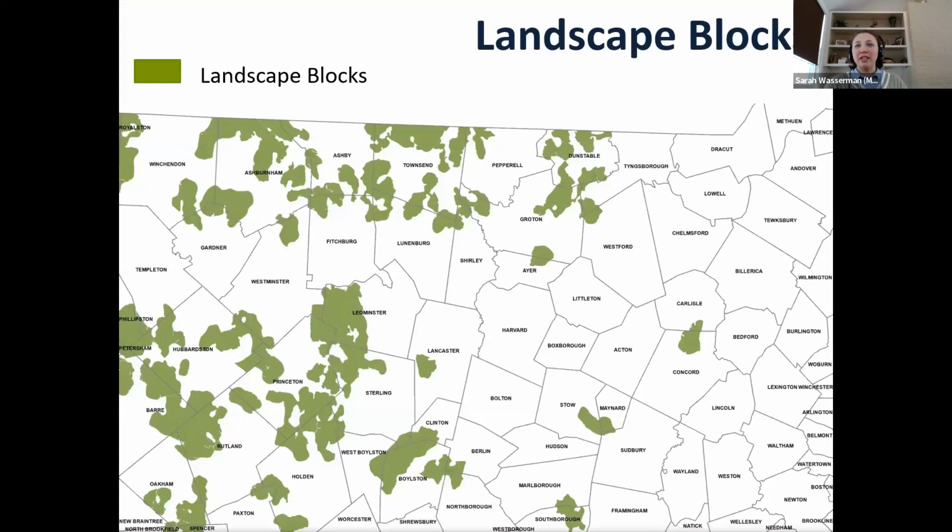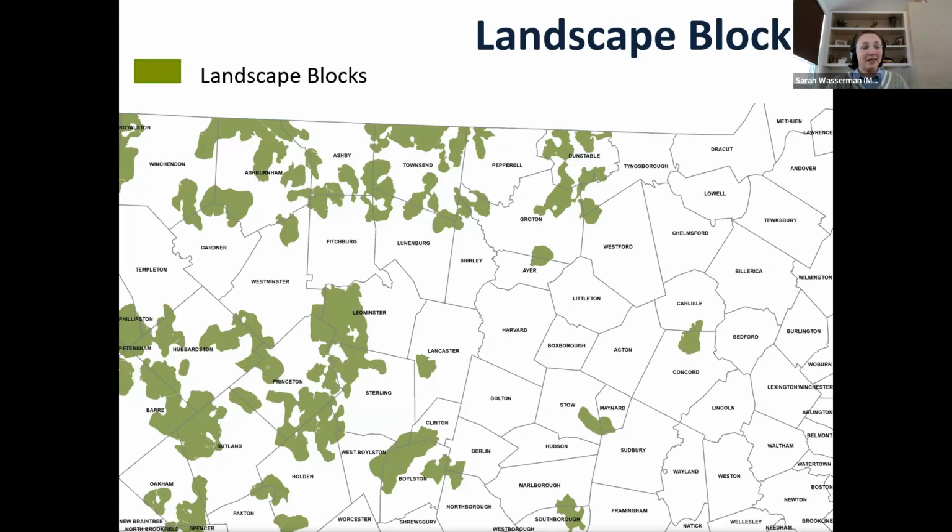This map demonstrates the landscape blocks, which are a statewide component of critical natural landscape. Landscape blocks identify large, intact mosaics of forest, wetland, and freshwater habitat. These areas support wide-ranging species like moose and black bear, and also the resilience and abundance of many wildlife and plant species.